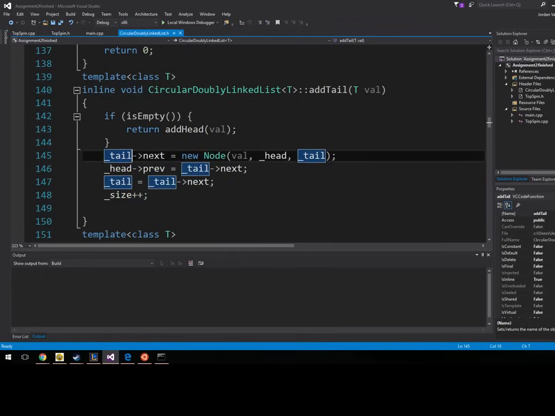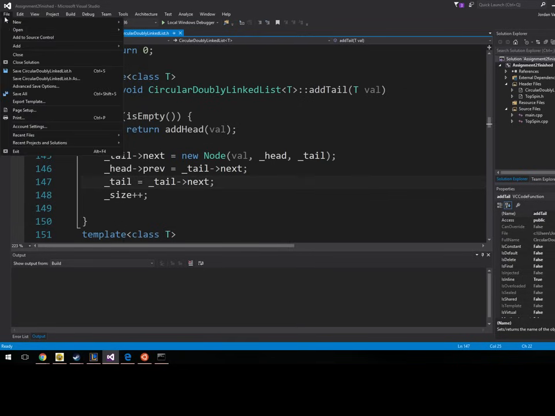So here we start at the tail, we get its next, and we can actually set the new node's next equal to the head, and the previous equal to what the current tail is. Then we do 2 more changes, one to the head's previous and one to the tail, and we're done. So in here we don't actually have to loop all the way to the front of it, whereas if we had